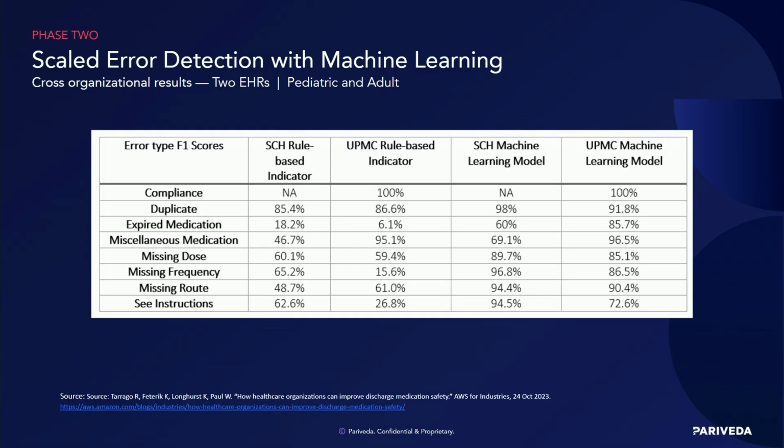And just to share some results, this is a comparison of 2 organizations, 2 different EHRs, both pediatric and adult, and the F1 scores that we got for both the rule-based approach as well as the machine learning models. And we're getting high 80s, high 90s in terms of F1 scores on those results